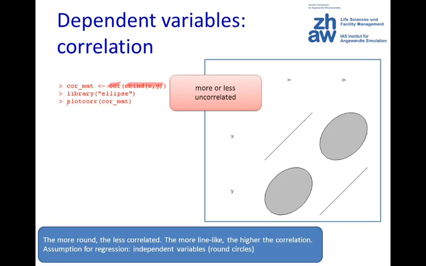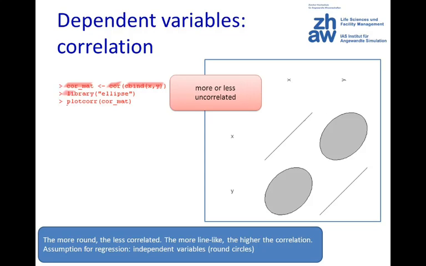So you just take your 2 variables, x and y, you say cbind of these variables, and then you put cor in front, and that computes the correlation. That whole thing you save in a variable we will call cor mat for correlation matrix,